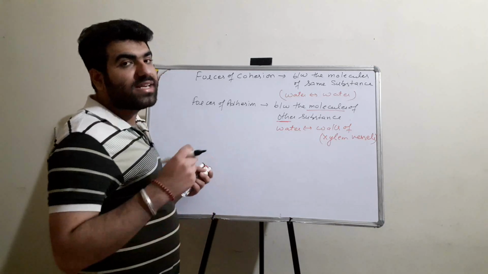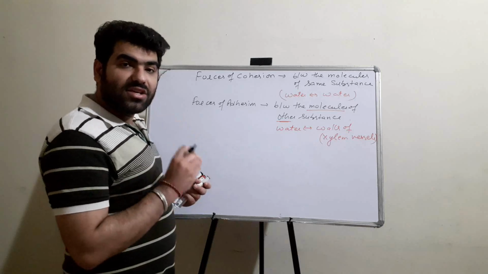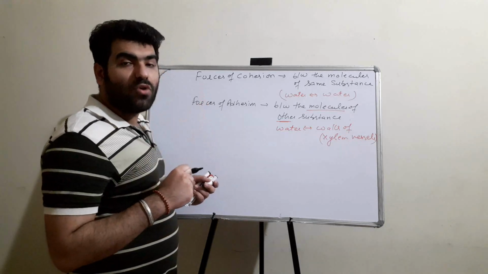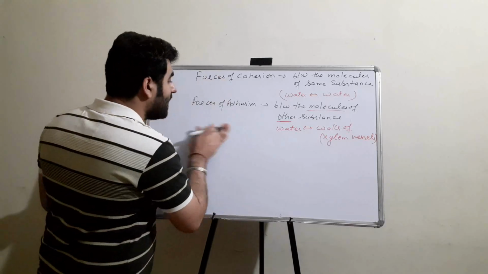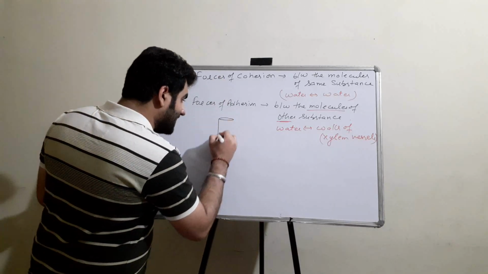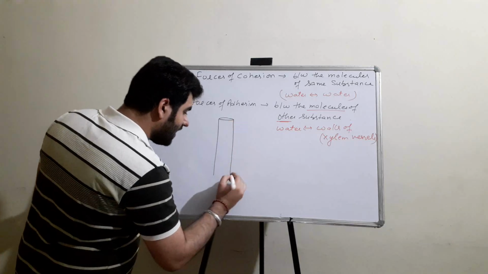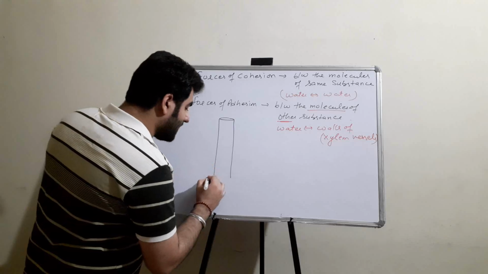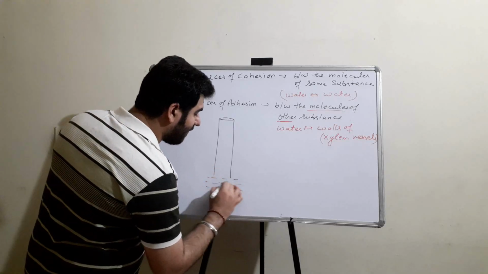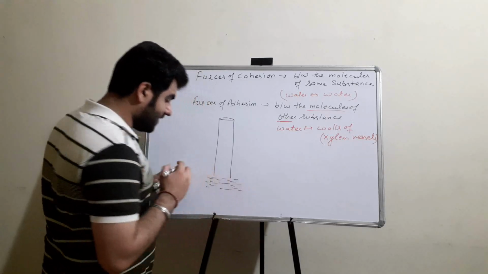In the previous part we discussed that water has reached up to the stomata and is being lost, creating a suction force. That suction force will help in pulling up the water. Now how the water is being raised, we are going to see. If this is the xylem vessel and the water is present over here and over here, now it will rise.